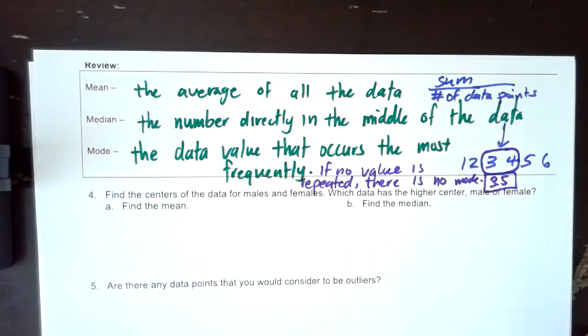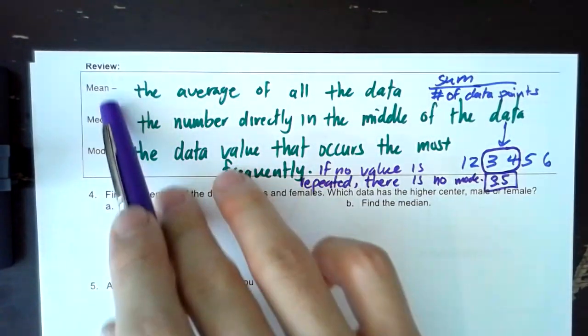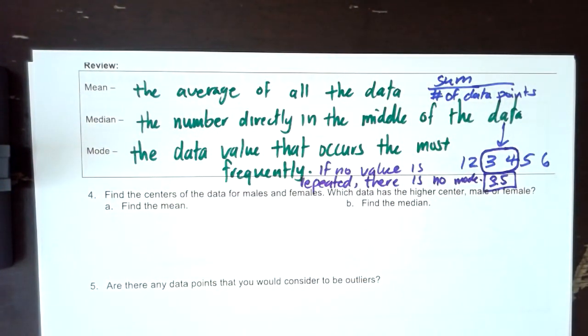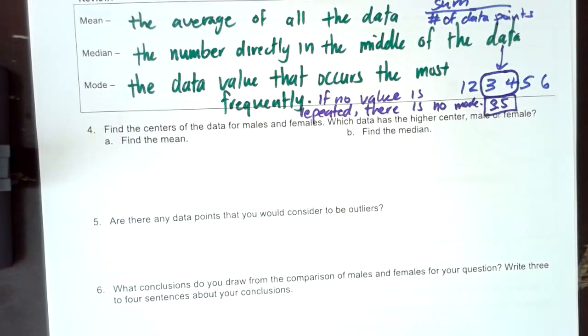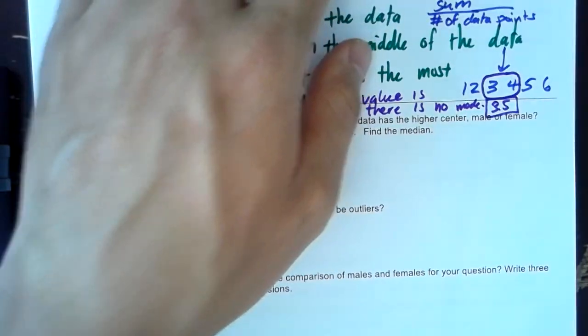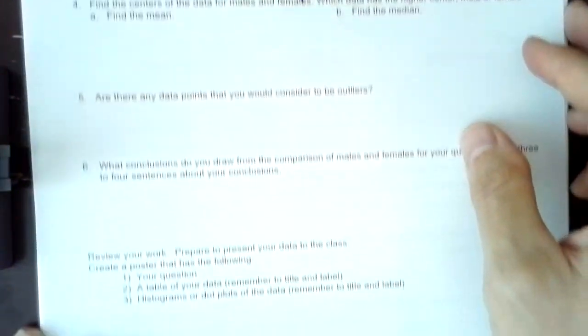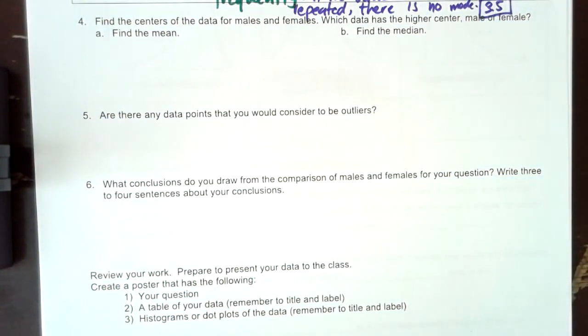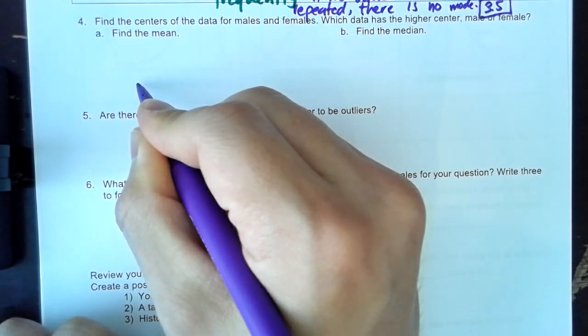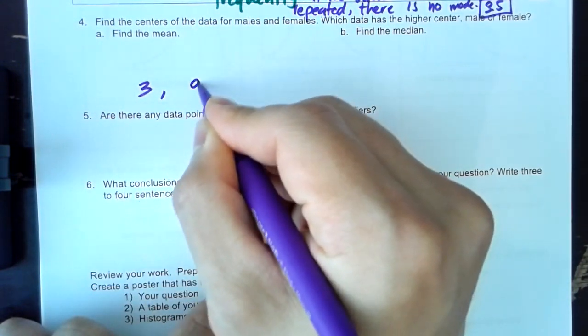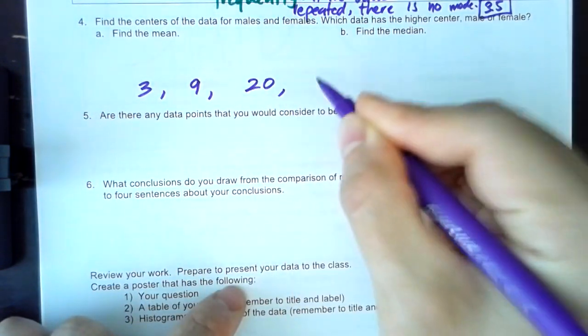All right, and that's basically how you calculate the three pieces of information for data points. Let's go ahead and just practice calculating the mean, the median, and the mode. I'm going to give you a few numbers. I'm just going to create random numbers right now. So I'm going to go with 3, 9, 20, 12,